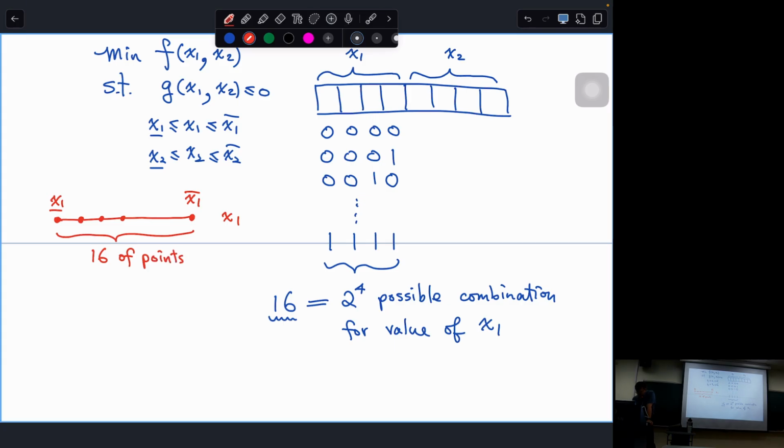You can then map, maybe this one is your 0, 0, 0, 0. This one would be your 1, 1, 1, 1. And the second one could be your 0, 0, 0, 1. You can try to find some kind of mapping, linear mapping, between the digits and the true value. When you do that, your design space becomes discrete. You can only find solutions inside these discrete points